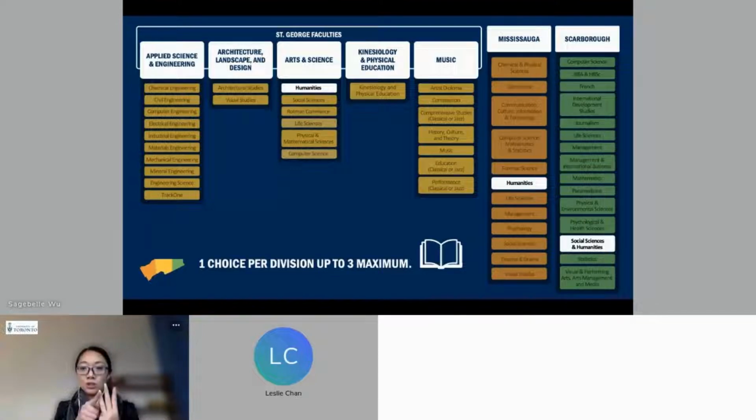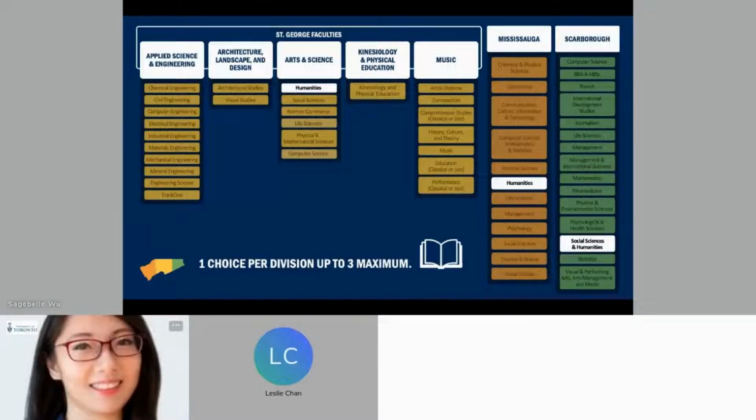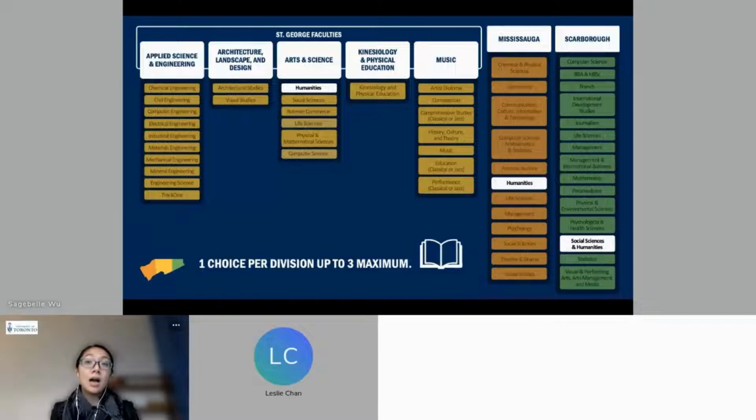One choice per division, 3 maximum. And then when it comes to assessing the student, we actually consider all 3 choices at the same time. So there is a chance that the student might even get offers for all 3 campuses. Then it's up to them to decide which campus they want to accept the offer for and ultimately attend the